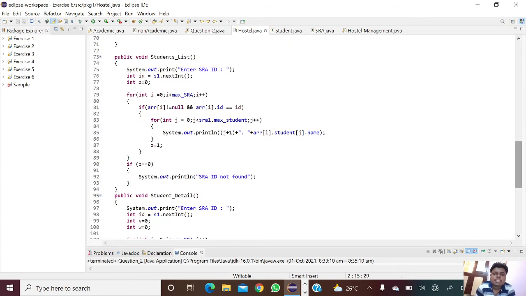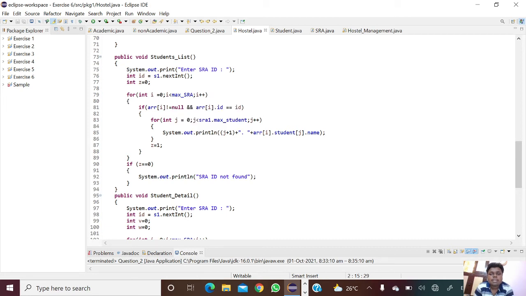Next, using a public void studentList. So entering an input as enter SRA ID, and next it will print the SRA ID, so using int ID equal to s1.nextInt. And using a for loop, for i equal to 0 and i less than max, i plus plus.